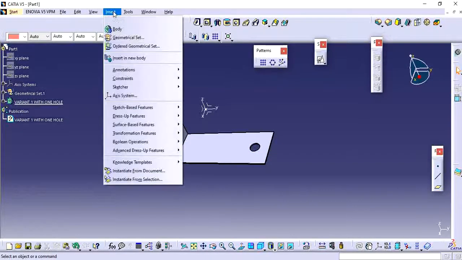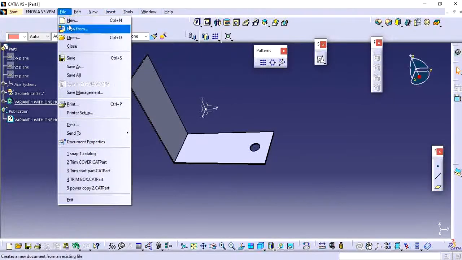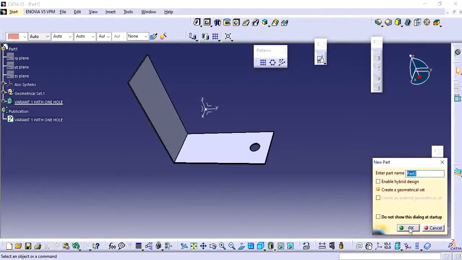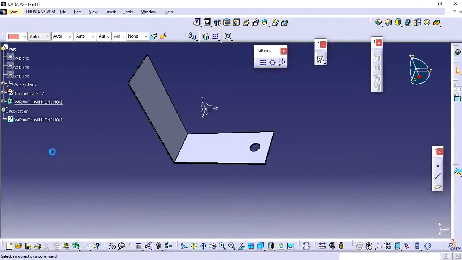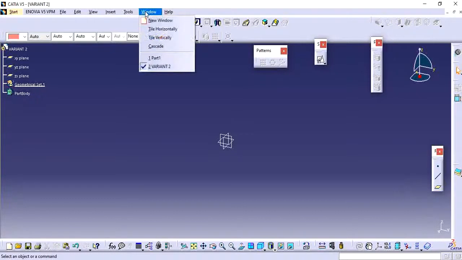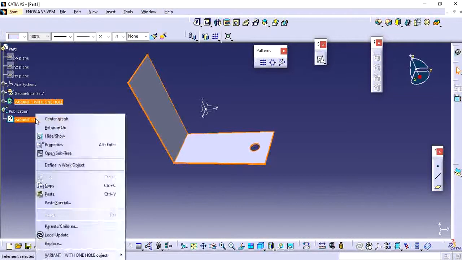I'm going to create one more part, file new, variant 2. So now I'm going to copy this.